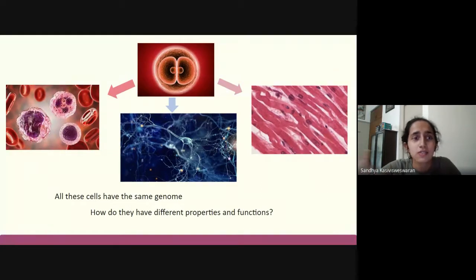Your hands, you can feel things with your hands. You can't feel things in your internal organs. You don't feel your heart beating every time it beats. You don't feel food going into your stomach. So you have so many different types of cells, and they have different functions, they have different appearances and characteristics. So how does this happen if they all have the same genetic sequence? Considering that the course is called epigenetics and you guys have attended the previous session, you know that the answer to this is epigenetics. But let's dive into the actual details of it.